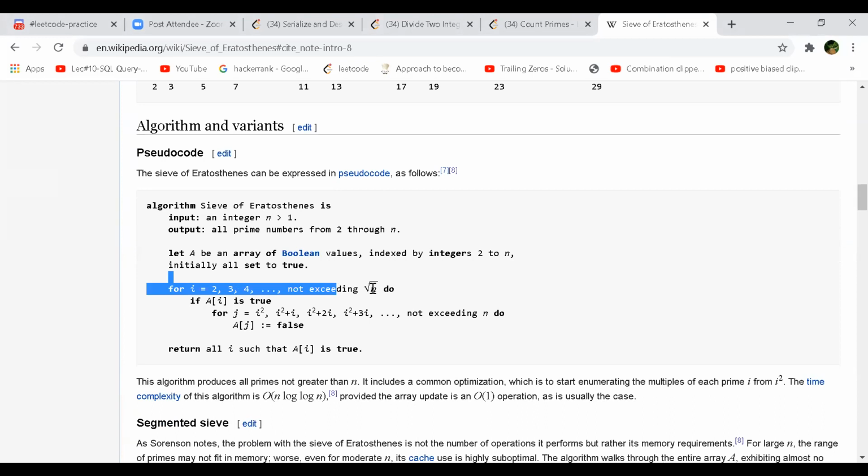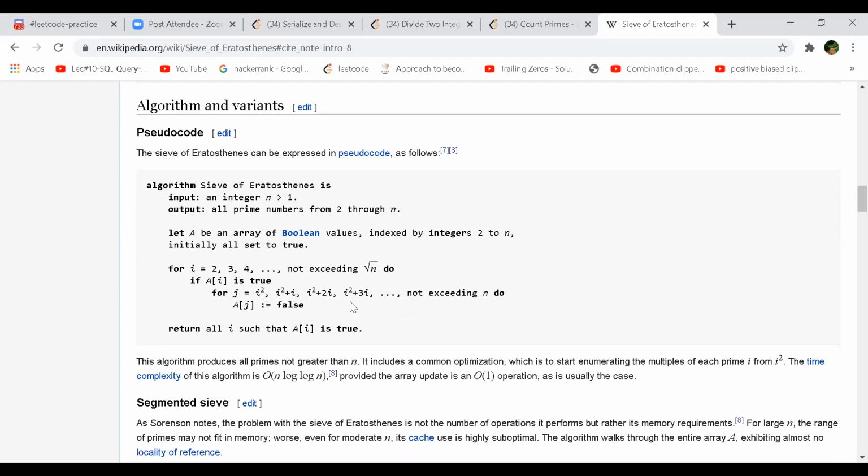Oh, this is the root. They are going for root n times, and if i is true, then they go only for the square root with a step size of i, right? That is what I was doing, i squared plus i every time.